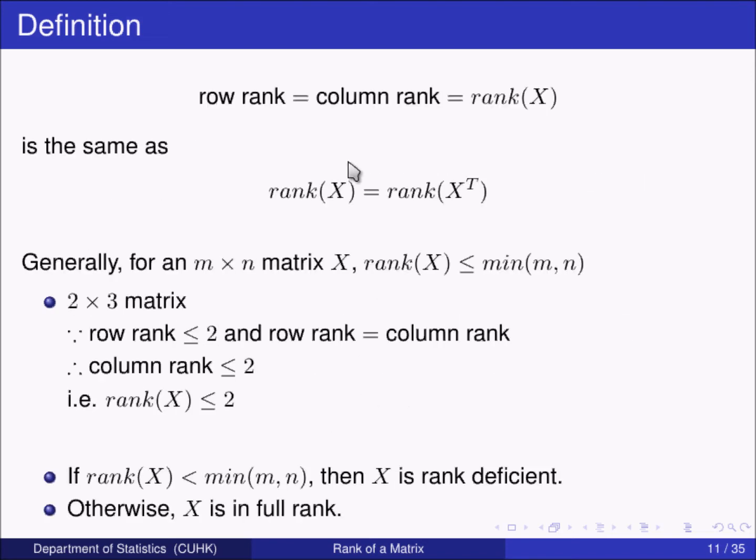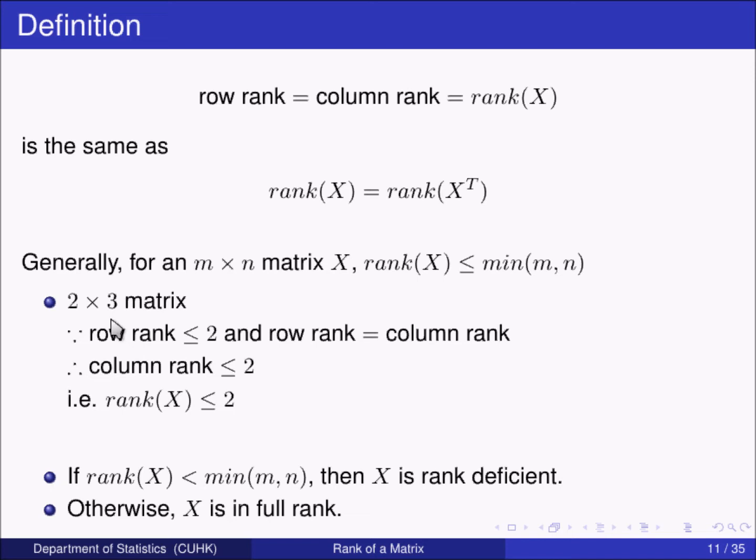Bear in mind that column rank of X equals row rank of X equals the rank of X. This is identical to the statement rank of X equals the rank of the transpose of X. No matter whether an m by n matrix X is square or not, the rank of X is at most the minimum of m and n. We can understand this by imagining a 2 by 3 matrix. We have 2 row vectors and 3 column